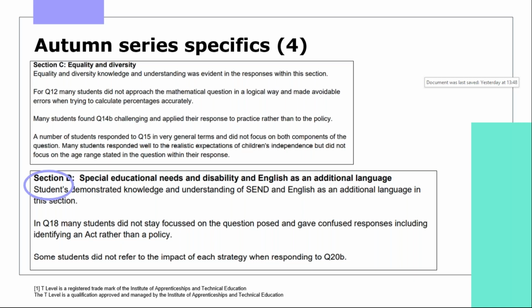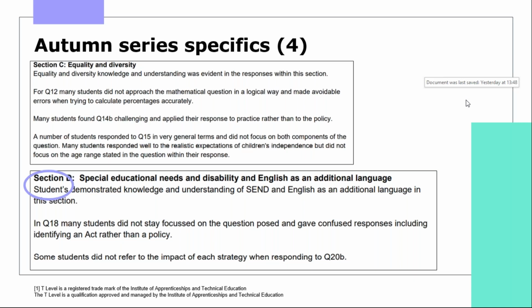Thanks, Helen. As you say, it's reassuring, but with such expert teaching, it's expected that there is a sound understanding of subject areas such as SEND and an appreciation of English as an additional language that we're looking at on this particular slide, for example. I think it is challenging for students, for anybody often, to see the connections between legislation, policy and procedure, and examples that spotlight specific aspects of a particular act, followed by an identification of a policy and then a procedural function can really help.